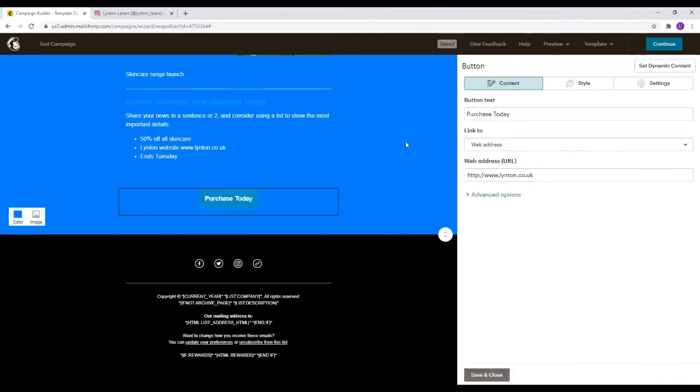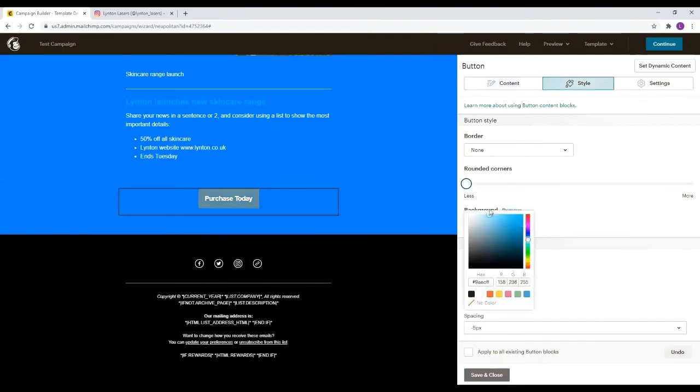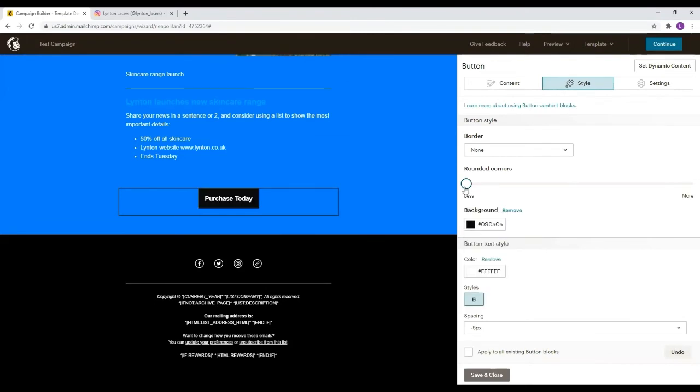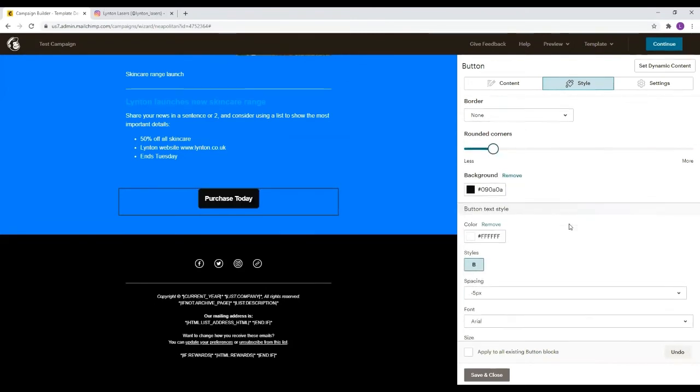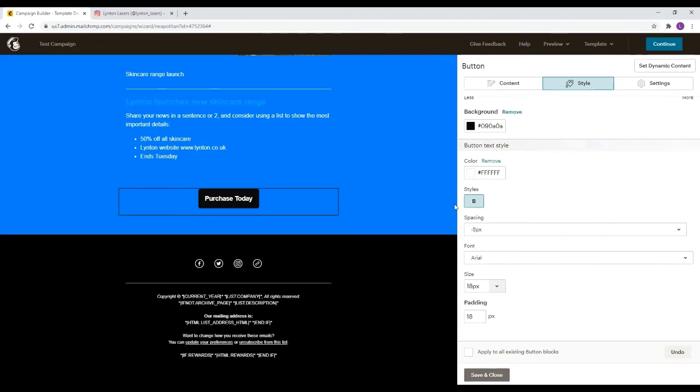Especially like this section here, for example, with the button, you might want to change the colour to a different colour as well, to make it stand out and get people to want to click on it. Around the corners, there's lots of little editing things you can do. These are things that you just pick up on over time.